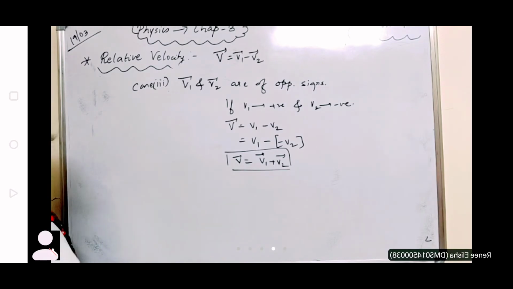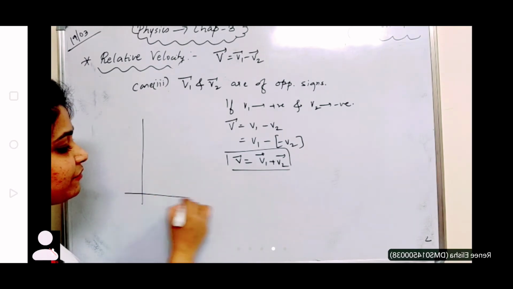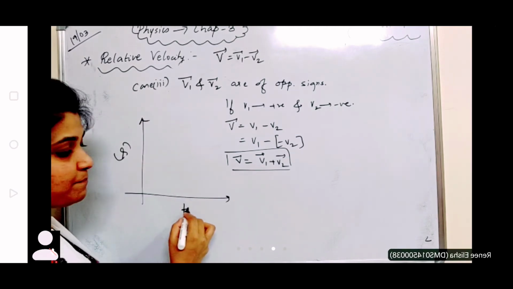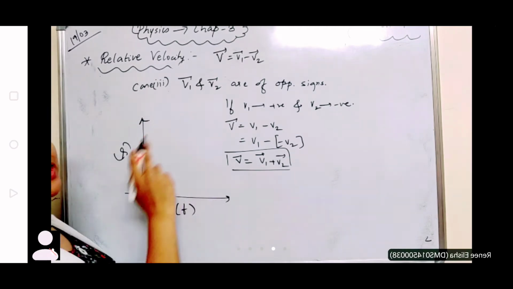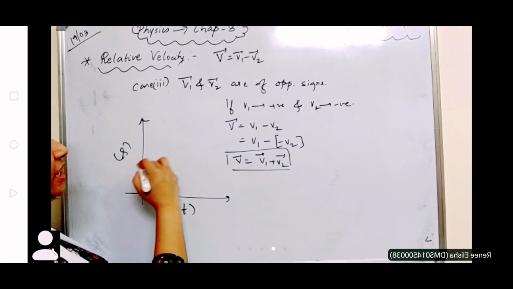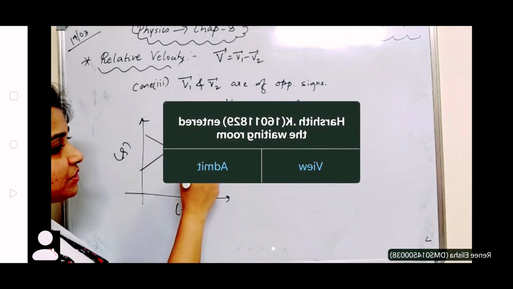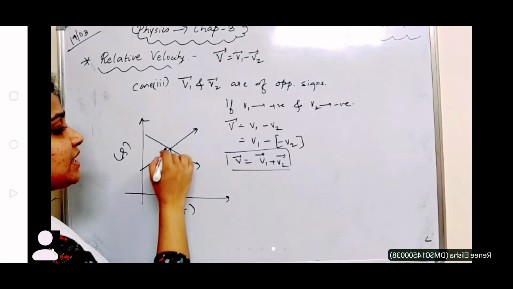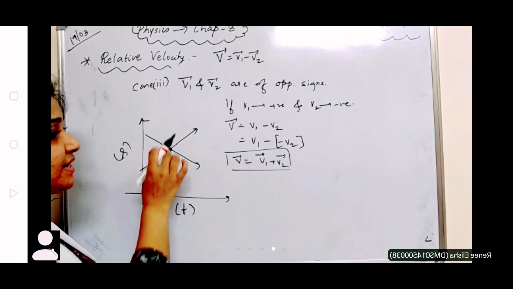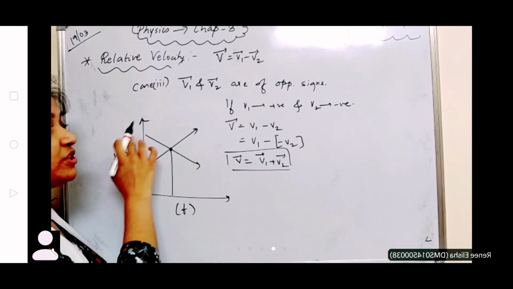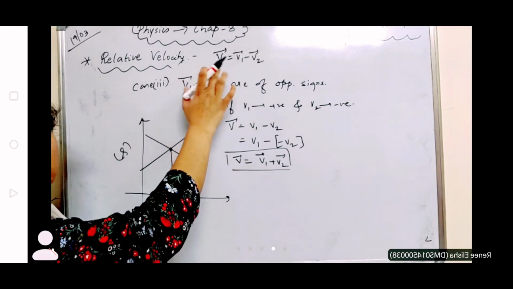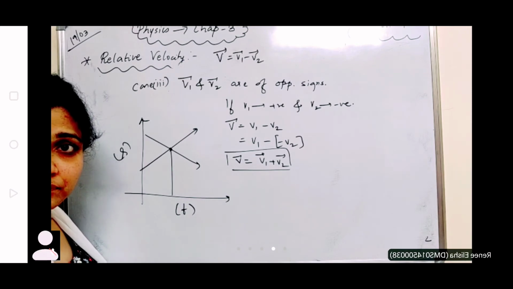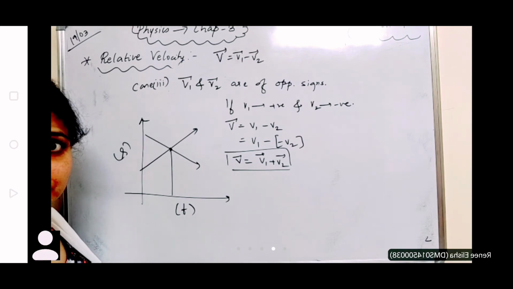And in the third case also, it's the same graph that we check, that is displacement versus time. So in opposite signs, whenever there are opposite signs, if V1 is increasing, V2 is decreasing, definitely this is the point of contact, right? So therefore we say that again, we meet at a particular point. So this is basically the graph for the third case of relative velocity. Am I clear, children? Understood? Yes, ma'am.